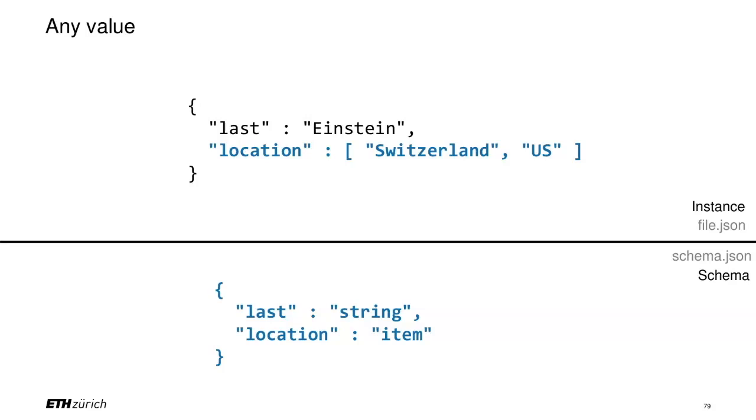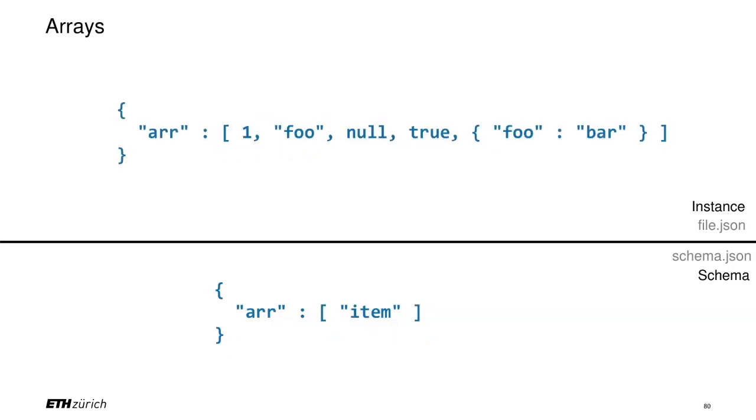Now, of course, when you do a schema like that, it's a bit lenient, right? You don't force things too much. You just say that can be anything. But you can also be a bit more specific. Instead of saying location is whatever, you can say that R, in that case, is an array of whatever. It has to be an array, but what is in the array can be whatever, right? So an array of items. Do you agree here we have an array of items, right? So the instance is valid against the schema.